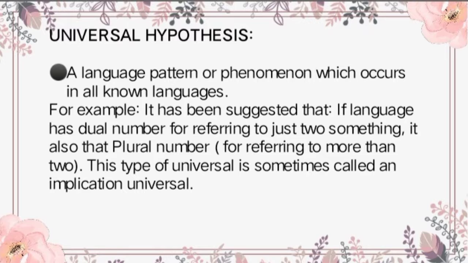What is universal hypothesis theory? Universal hypothesis theory is a language pattern or phenomenon which occurs in all known languages. So consider that there are rules and patterns used in all known languages to make the words, sentences, and grammar correct. In addition, it will also help students to develop their learning, understanding, as well as cognitive thinking. Like for example, if all languages have nouns and pronouns, or if a language is spoken, consider that it has consonant and vowel sounds.